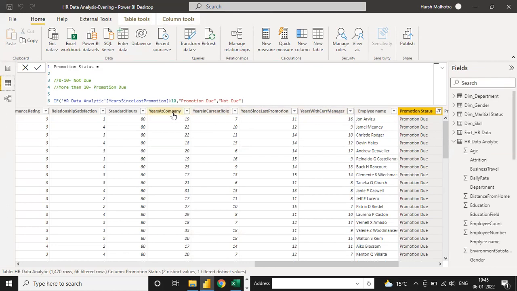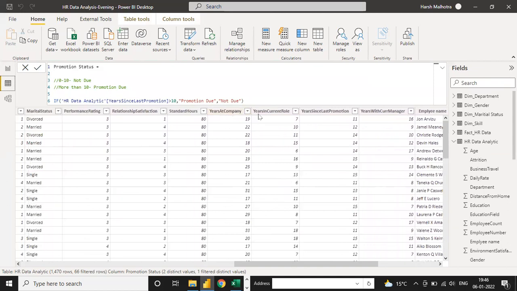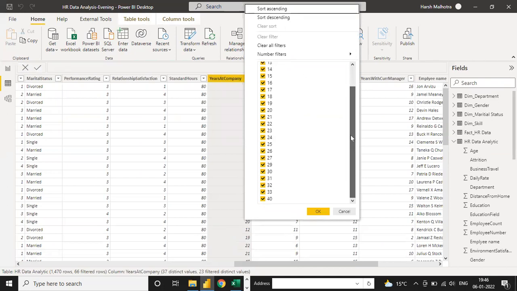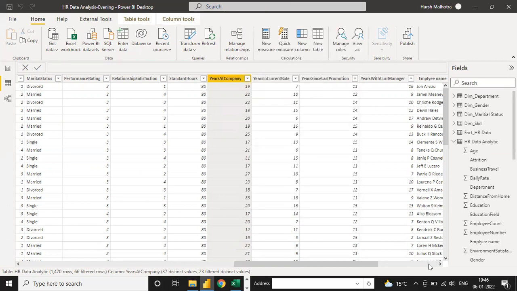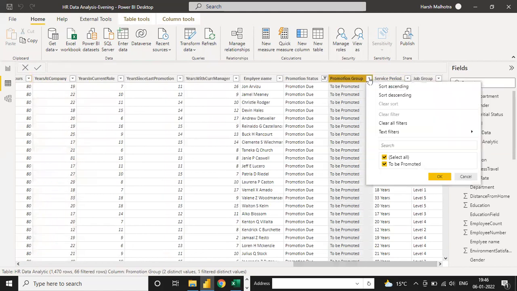This is year at company, service period, year at company, year at role. So you can see year at company, select this column, and you can see the total number of data in your data is 11 to 40. The total number of data in this is 11 to 40 years of experience in your company, not 1. If you select this promotion group to be promoted, why?